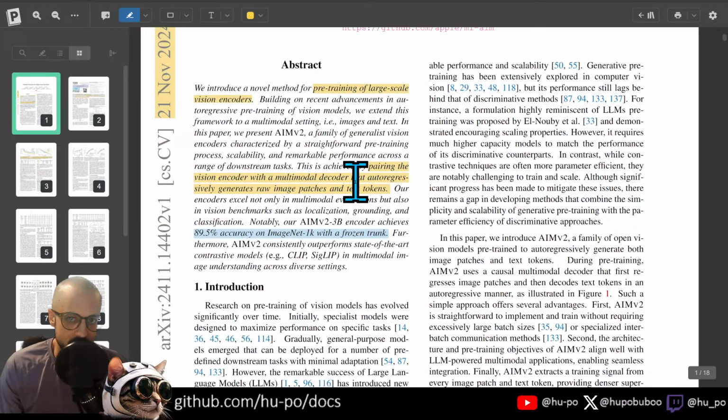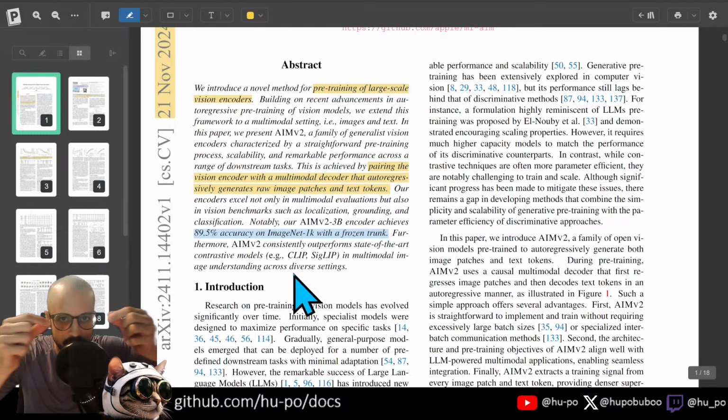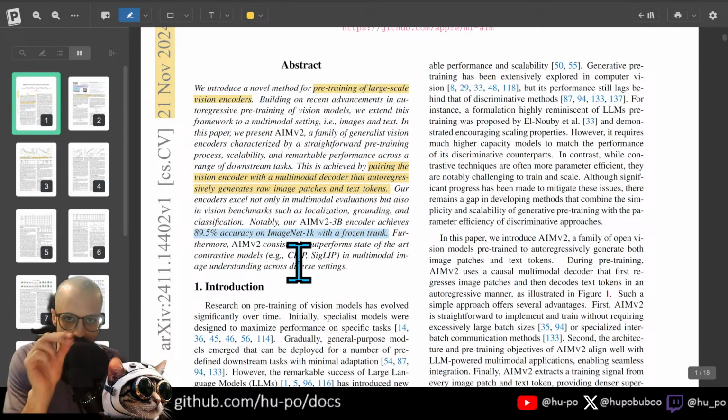So a lot of the vision encoders that you're used to, like CLIP and SIGLIP, are trained with these contrastive losses, right? Where you're basically trying to pull together things that are similar and trying to push apart things that are different. And if you run that across a large enough data set of examples, you eventually create this landscape where you can pull